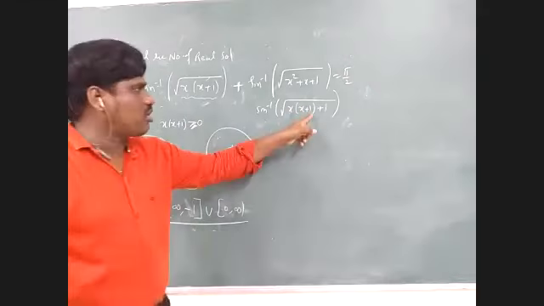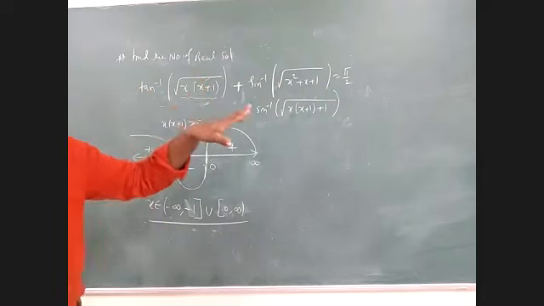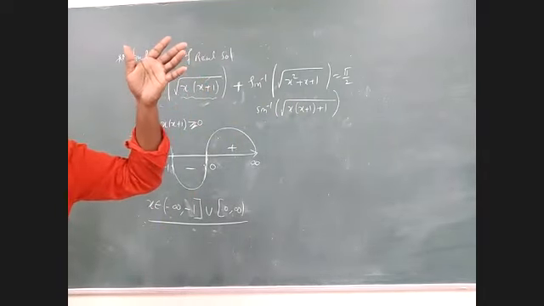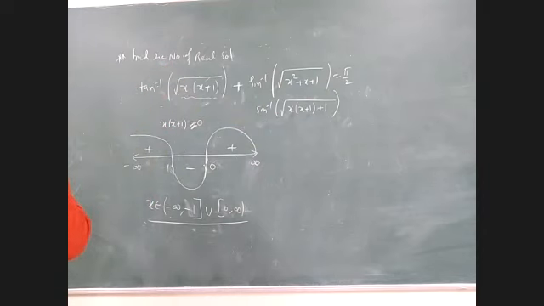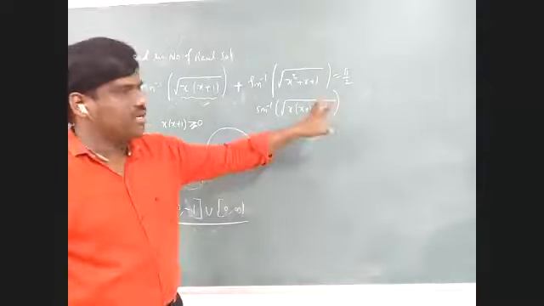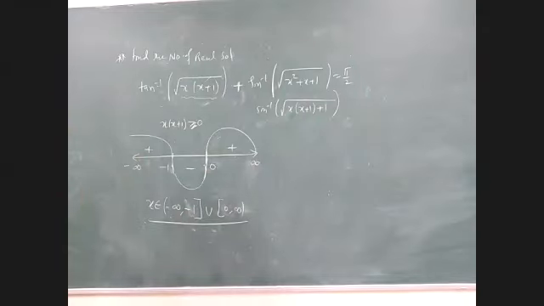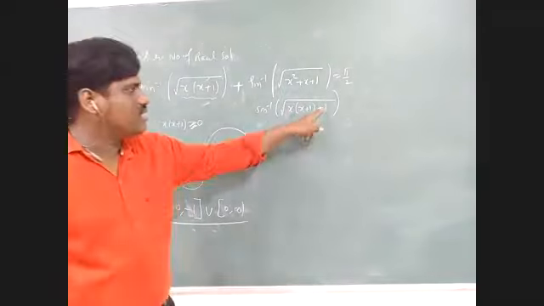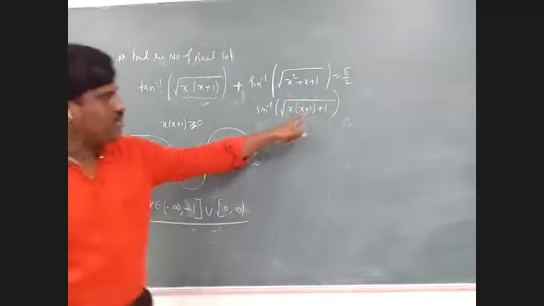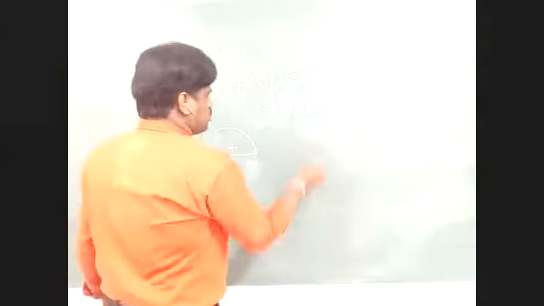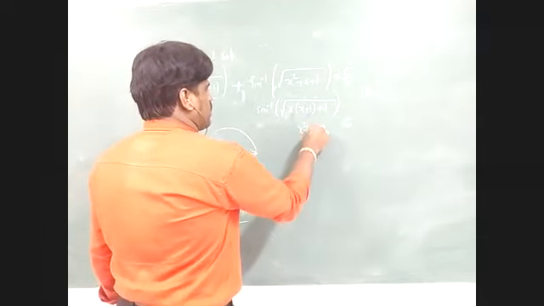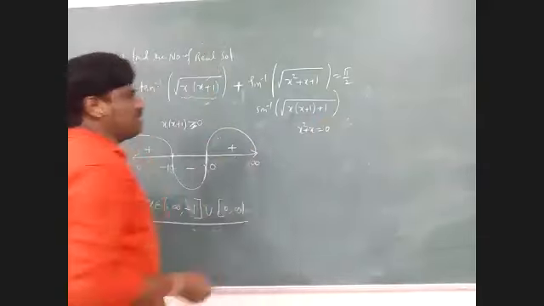It should not be crossed greater than 1, right? If the value inside sine inverse is greater than 1, then it is not in the domain. You remember it? Sine inverse x should not cross 1. So if it should not cross it, then this must become 0. Then only x square plus x is equal to 0, then it becomes 1.